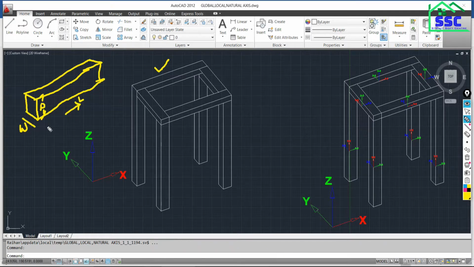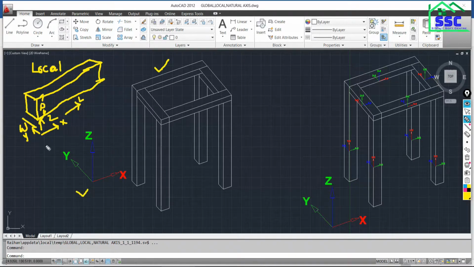We can use one more axis system to represent this one element: x along the length, y for the width, and let the depth be z. The axis system representing a particular element, a part of your structure, is called what? The local axis. Yeah, you all got it?